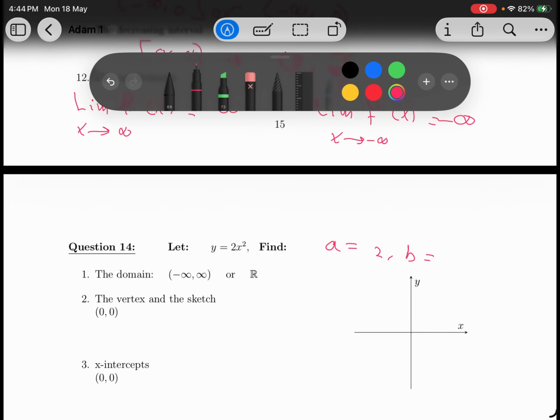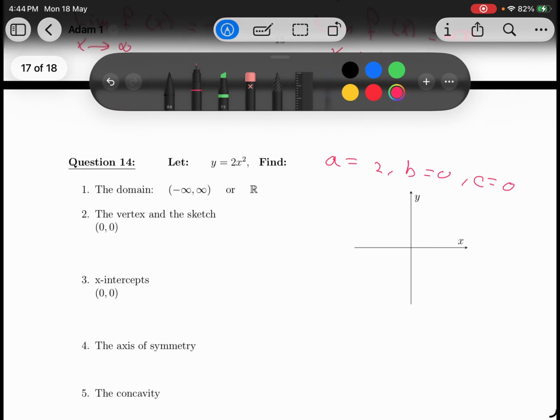So b equals 0 and c equals 0. Maybe that's why we call it pure quadratic, because there is no linear part, no constant term. It's a very nice, very simple, and very beautiful quadratic function to deal with. Again and again, guys, the domain is unchangeable: minus infinity to infinity, or this fancy R, or this handmade R. When it comes to the vertex, which is minus b over 2a, and f of this guy,